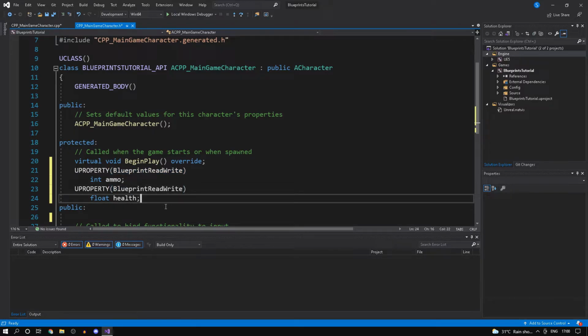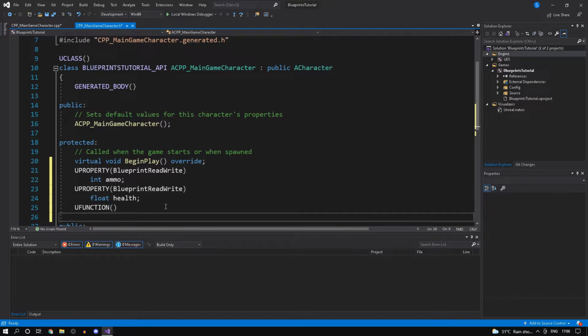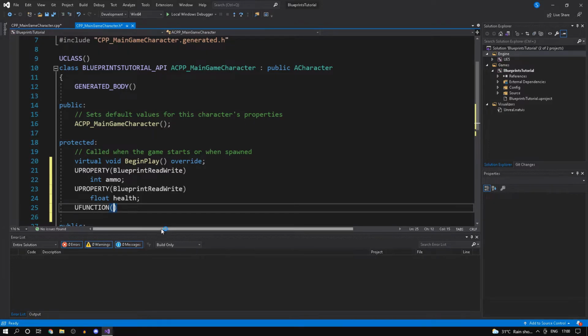Now if you want to expose functions inside blueprints, that's pretty simple too. You use a macro called UFUNCTION. Again, same thing with the UPROPERTY. It again takes in a couple of specifiers, and you could again take advantage of Unreal's reflection system. Now it's pretty straightforward again. Again, you have all the things listed out in the docs.